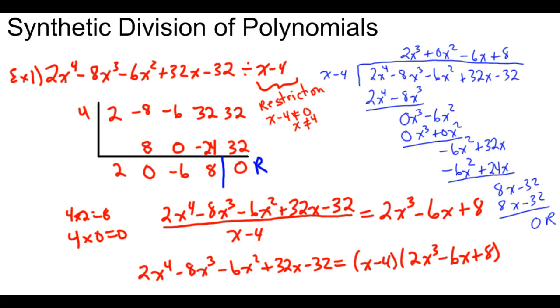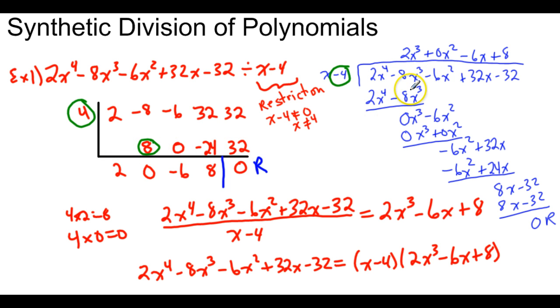Okay, so I'm not going to go through this too much, but I've just brought up the original question here done as a long division. Just wanted to make a quick association. First of all, recognize the result here, the quotient 2x cubed plus 0x squared minus 6x plus 8, is what we said we had from the result of the synthetic division. But looking at the values here, we had the number 4, and here we ended up with an x minus 4. Here we ended up with an 8 as we went through the process,